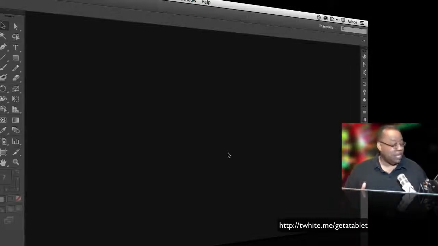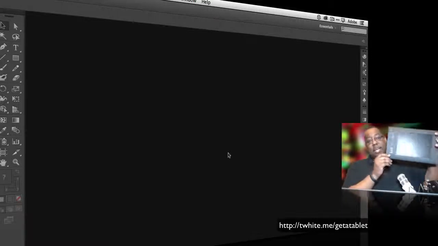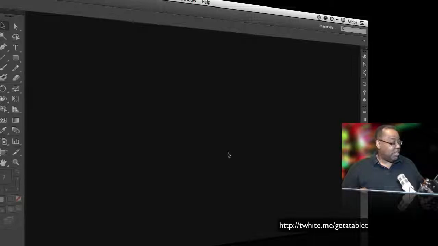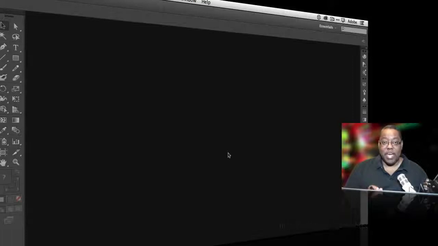But if you use a drawing tablet, for example, I have a Wacom Intuos Pro here, and I am working on a Cintiq, which is their larger display-based tablet. It will make life easier because instead of using a mouse, you're using a stylus to draw and do things a lot more accurately. Like I said, not required, but certainly will make your life easier. So when you see me pick up the pen, it's because I need to do something more intricate. So now that we got that out of the way, let's go ahead and jump right in and see how